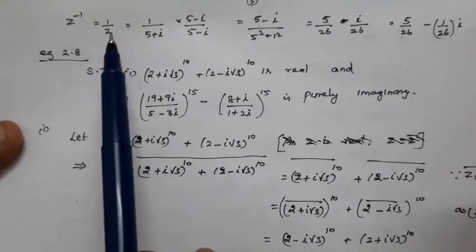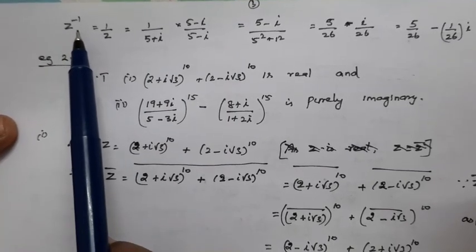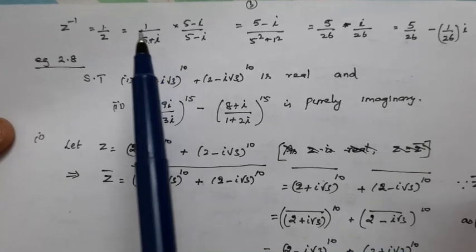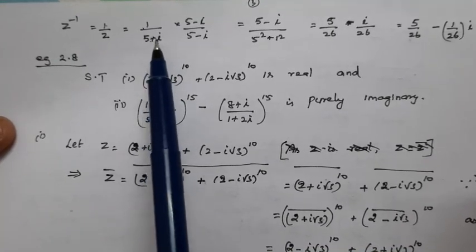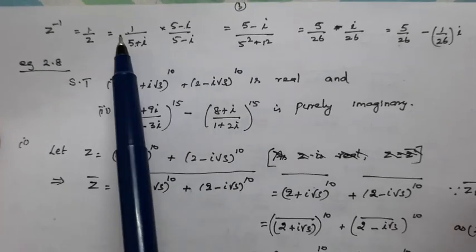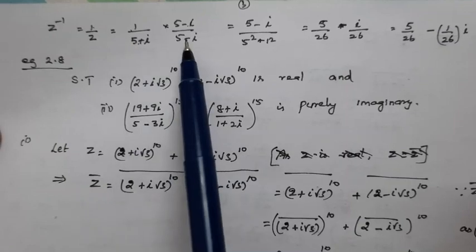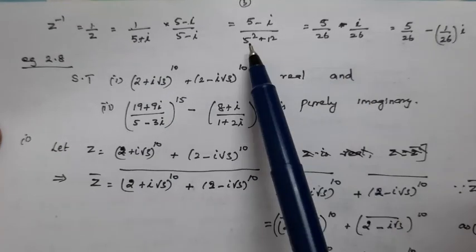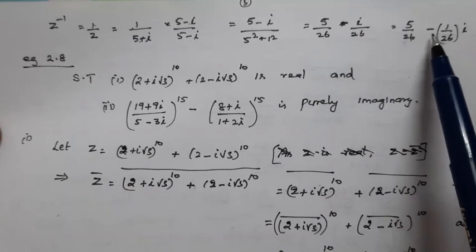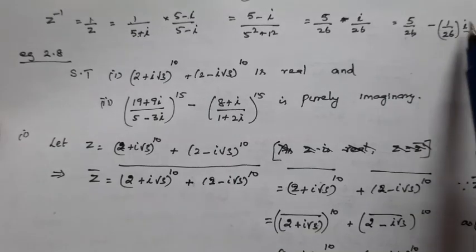Having changed Z into the proper form 5 plus i, let us find Z inverse. Z inverse is the reciprocal of Z, 1 by Z, that is 1 by 5 plus i. Again the denominator is a complex number, so multiply by its conjugate and divide by its conjugate. The numerator will become 1 into 5 minus i, which is 5 minus i, and the denominator is 5 squared plus 1 squared. So 5 by 25 plus 1, 26, minus i by 26, or 5 by 26 minus 1 by 26 into i. So we have expressed Z inverse also in the standard form.